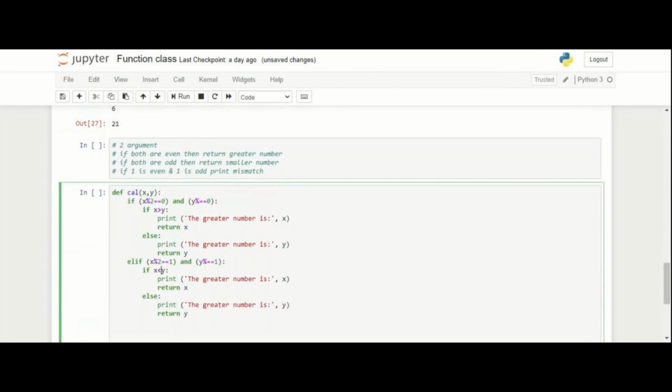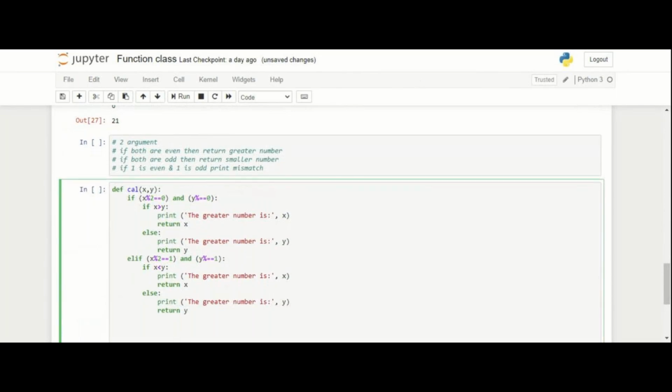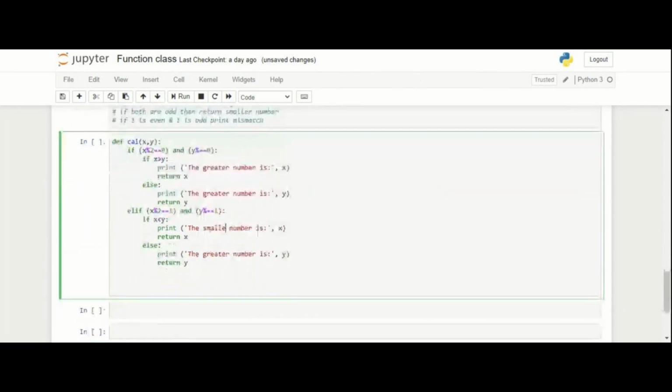So in the first case, the smaller number is x, so it will return x, and if y is greater, then it should return this as y. So this is giving me the second condition, right?